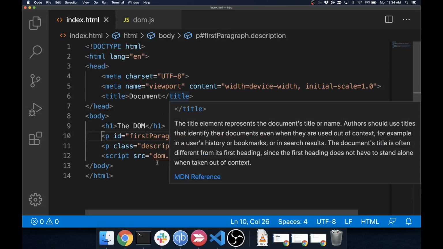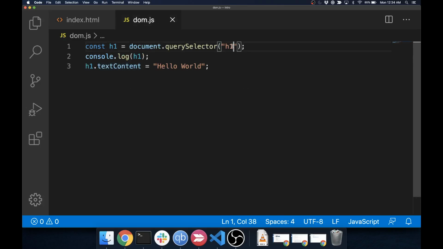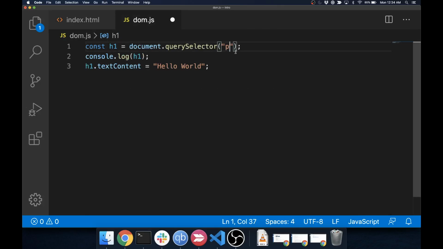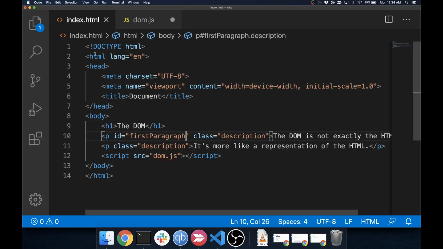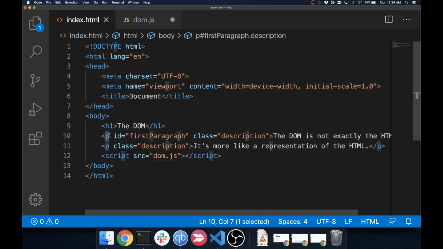If we look at our index.html, we've got an H1 and we've got multiple paragraphs. And it might not necessarily be the best thing to only be able to target by something like a P or an element name. After all, which paragraph do you want to grab? Because with just P, the querySelector is going to grab the first element it finds. So it's going to scan the document, the DOM, and as soon as it finds a target, it's going to grab it. Well, what if I didn't want that first paragraph? What if I wanted the second paragraph? Well,